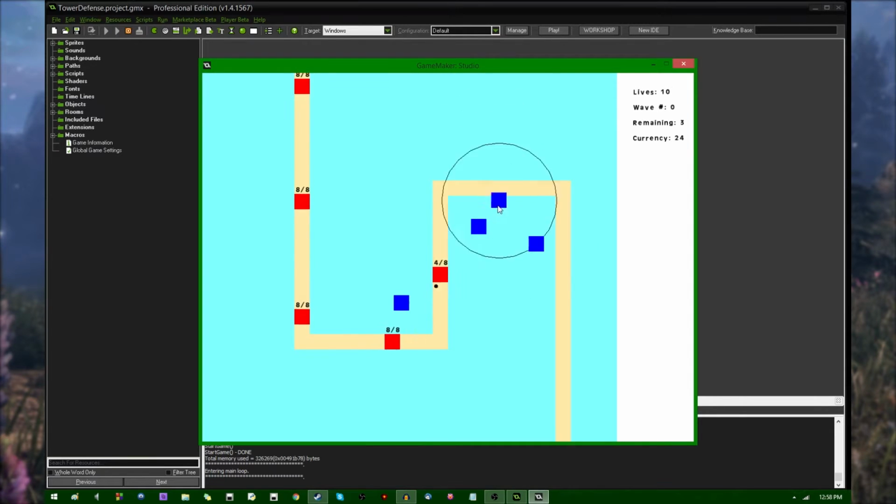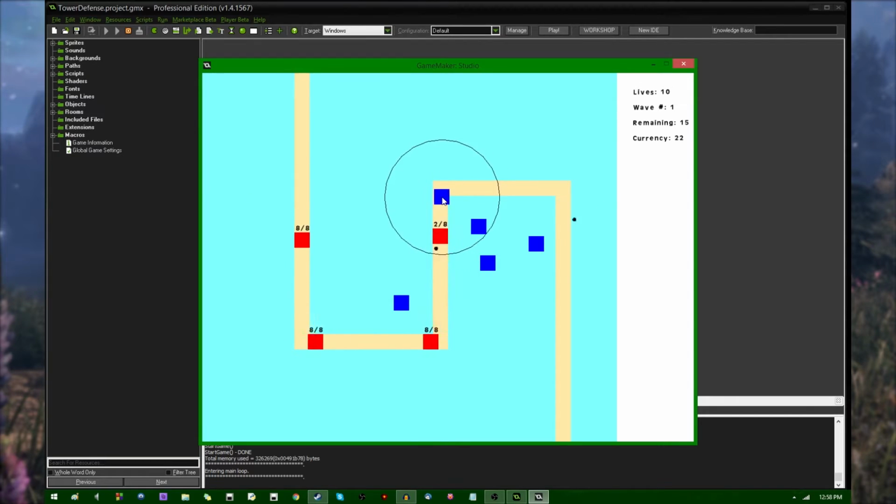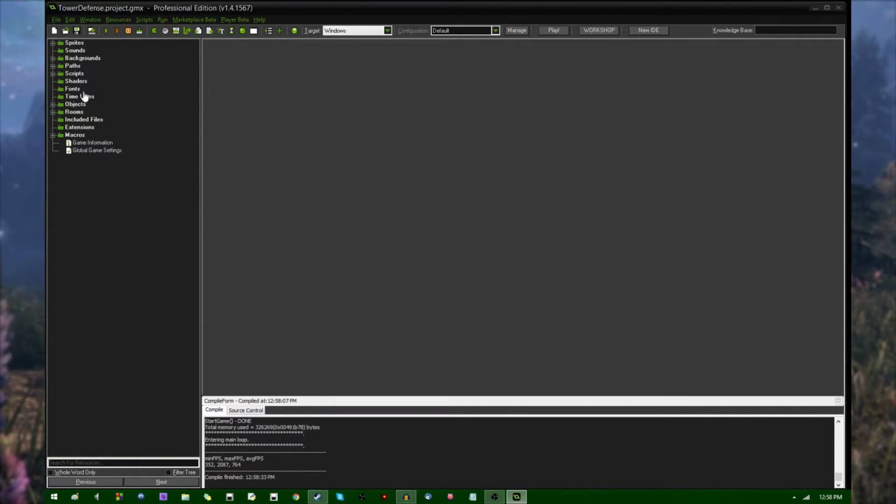Let's see, so what am I doing? I was putting down these towers, and I think last time I set them so that you can't put them down on top of paths or other towers or something like that. And this time, I did want to get around to difference in type for towers. And to do that, I'm going to have to probably change a few things that I didn't...